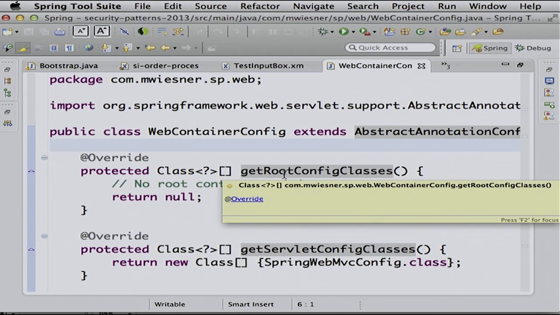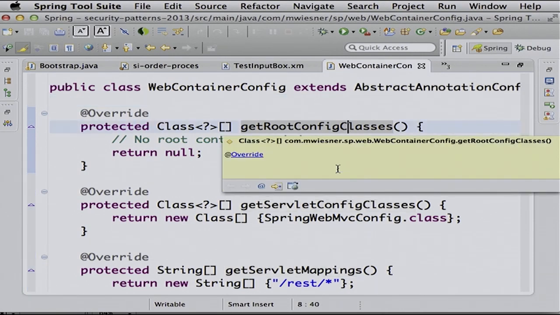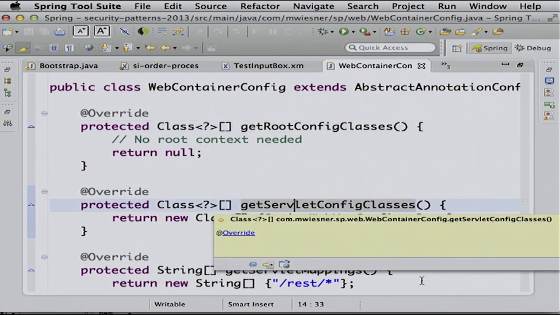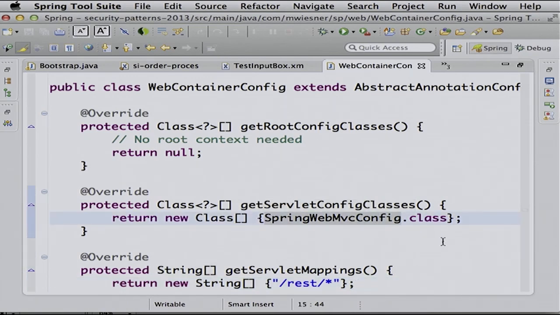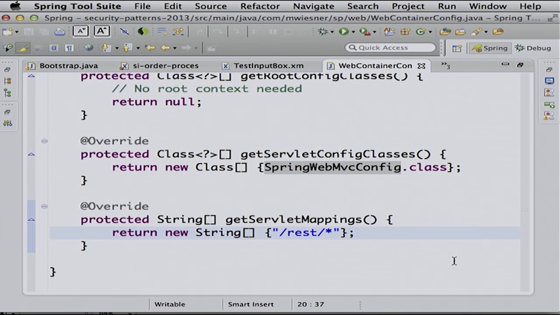That one is basically one of these subclasses of a subclass and so on. The idea is that the only thing you need in order to start up a Spring application in a Servlet 3.0 container is to implement three methods. One points to your root application context. We don't have that in this demo, so we skip it. One is the Servlet application context. We have it, so we point to a Spring configuration class here. And of course, the mapping. In this case, we wanted to map our Spring MVC application to /REST. You guess what it will be? It will be a REST web service at the end. And that is all we need to do. That's a replacement for the web.xml, for the context loader, initializer stuff, and all that kind of thing.